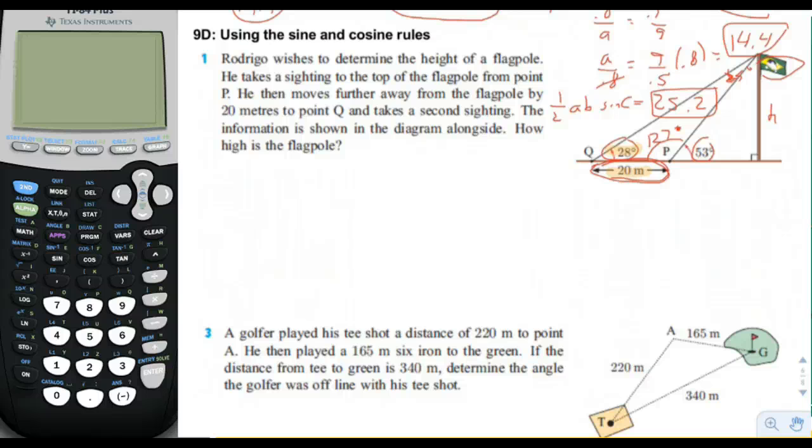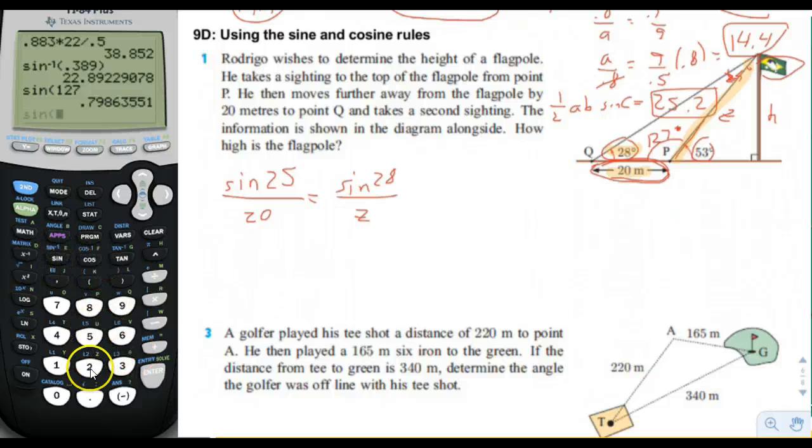We're going to make a proportion, and we're going to say sine of 25 degrees, which is the top angle, divided by 20 meters is equal to sine of 28 degrees divided by the length of this hypotenuse here. We'll call that Z, okay? So we'll call that Z, and then we'll take sine of 25,